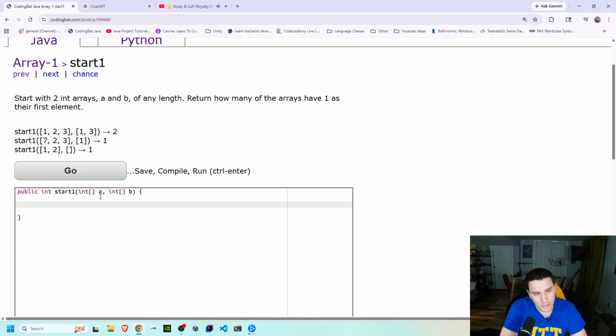Okay, so I'm gonna do int count equals 0. For a length